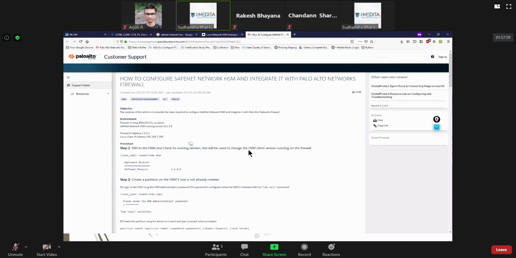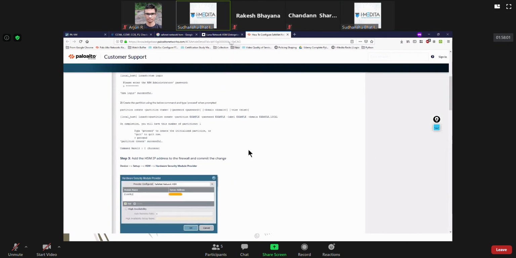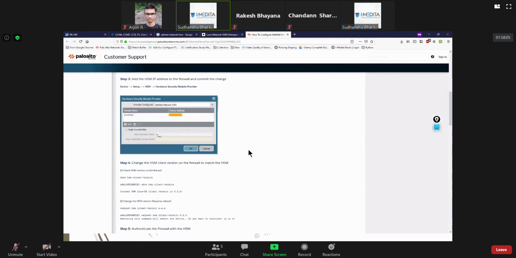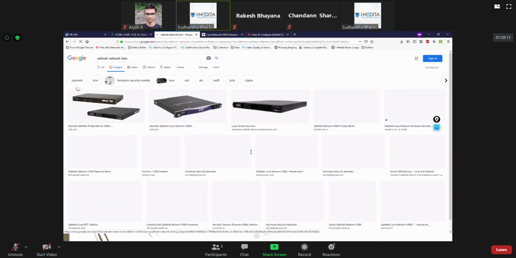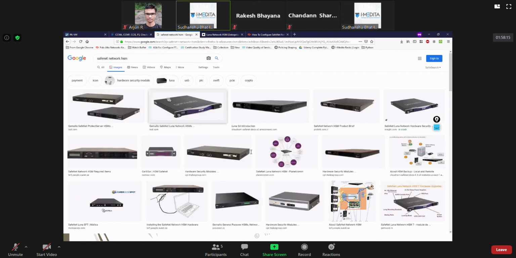In this case, we have to have a server from them, then set an IP address and everything, and think of it like an RSA token. These are the servers which you configure, and then there are tokens.